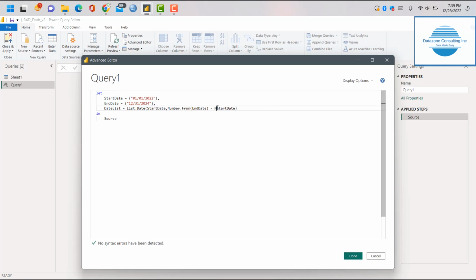from, then we open and close that as well. But of course, remember, just like in Excel, in order not to exclude the start and the end dates, the count of the start and the end dates from the date list, we would have to bring +1. Alright? Yeah. Then the next thing to do is simply